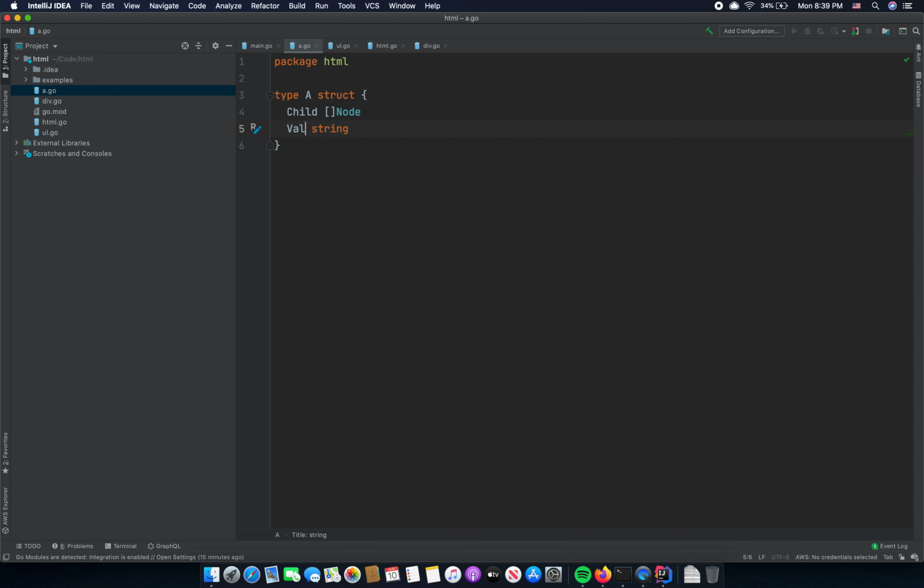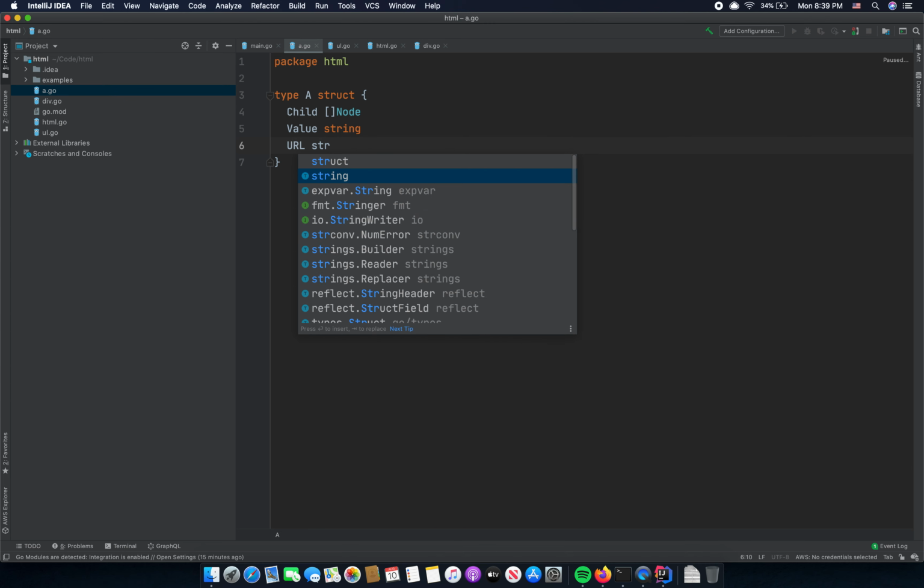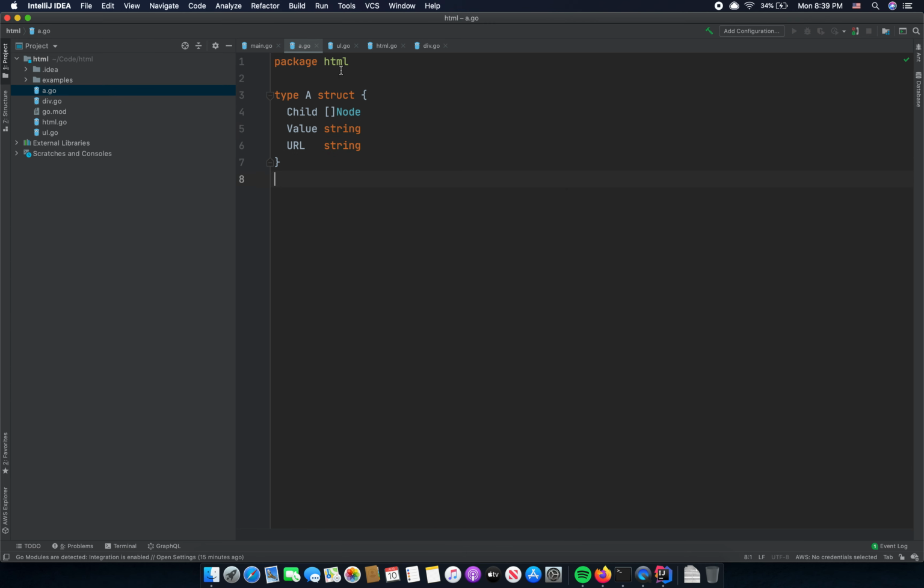I think it should be value string, and URL should be string as well. Okay, now we need to implement a. It goes to the node interface. We should have a function a and HTML,